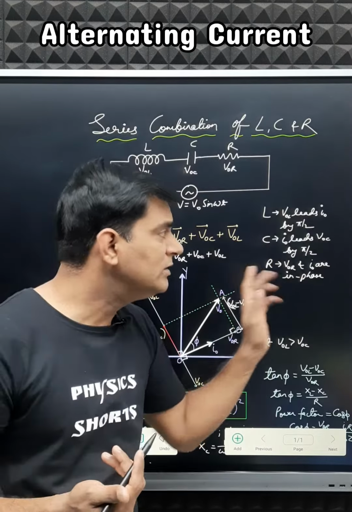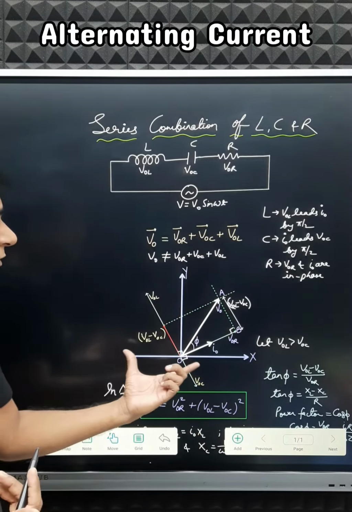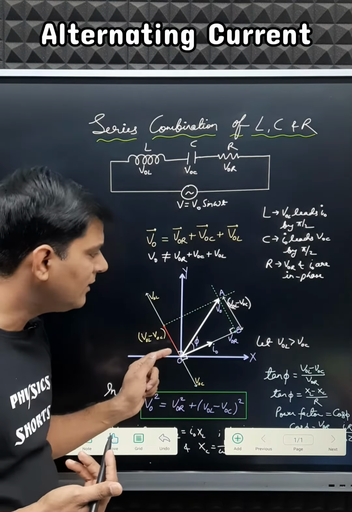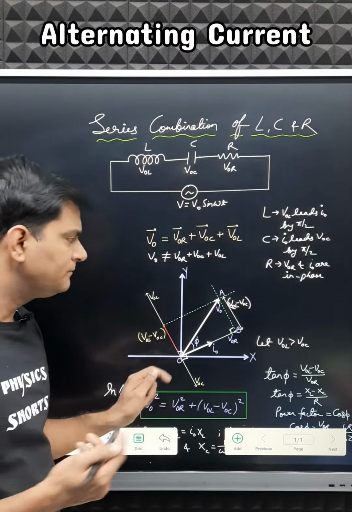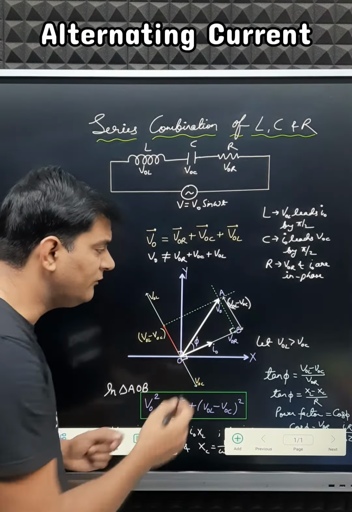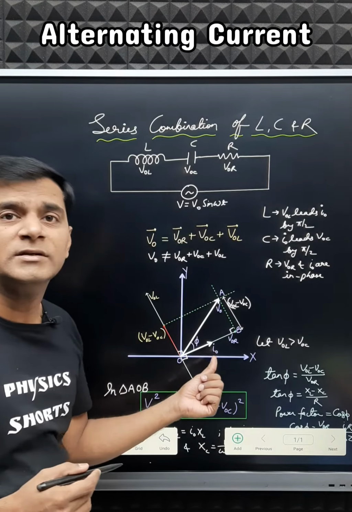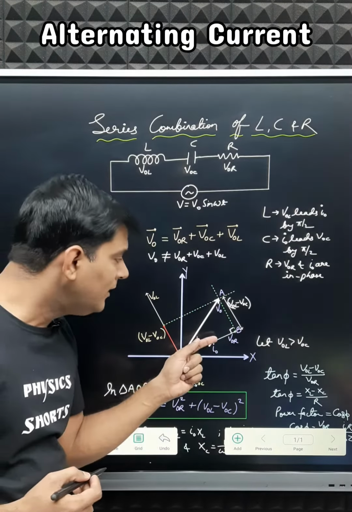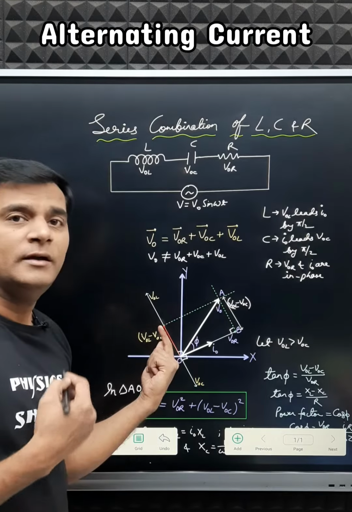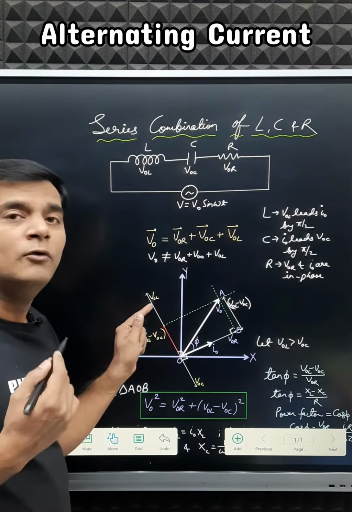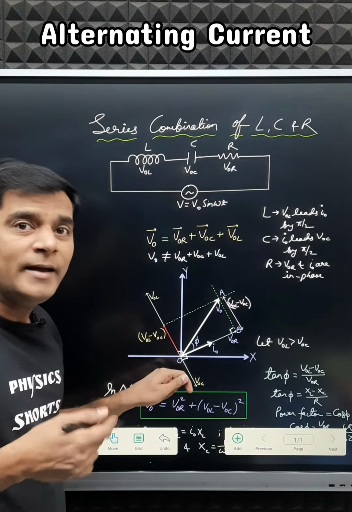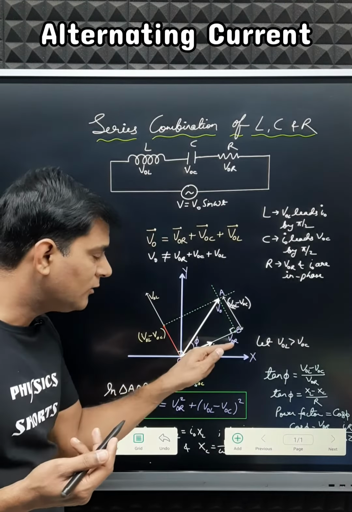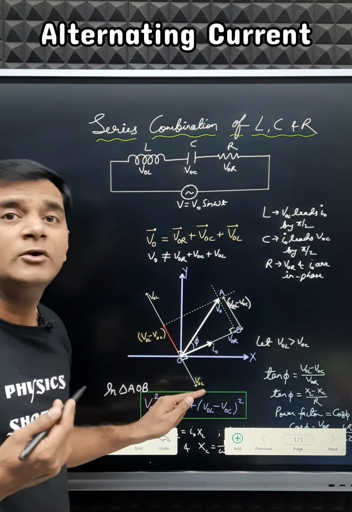So when we use these properties and draw the phasor diagram, then the phasor diagram will be, let this be the x-axis, this one the y-axis, and this is the direction in which the voltage across resistance and current lies. Perpendicular to this and 90 degrees ahead, there will be the vector of voltage across the inductor, and perpendicular and behind this current or voltage across the resistor, there will be the voltage VOC.